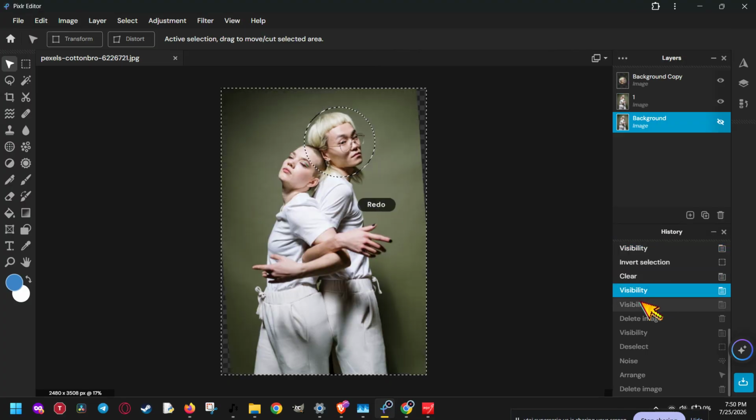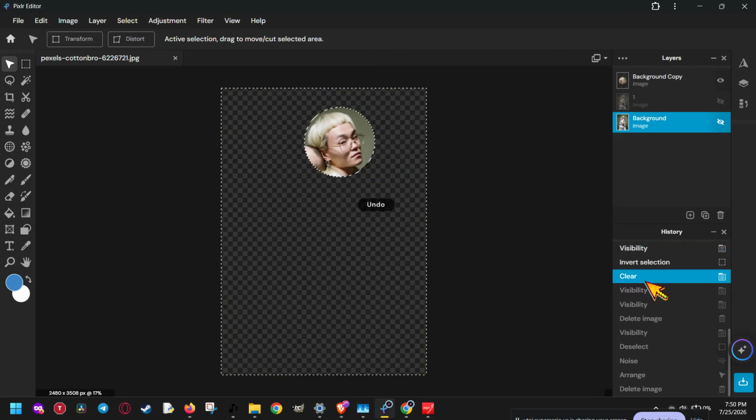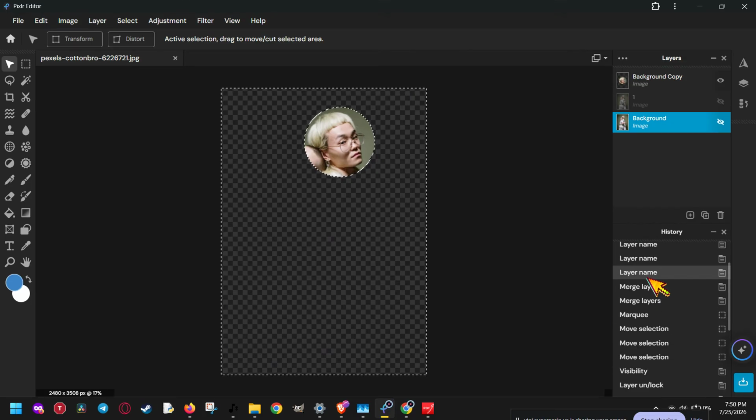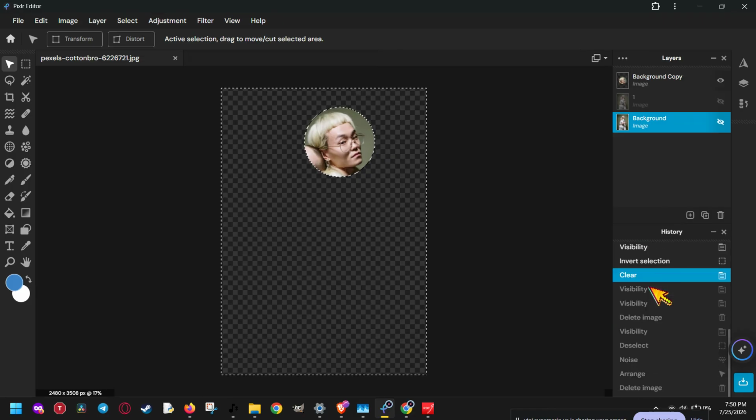So to quickly recap, use Ctrl+Y on Windows or Command+Y on Mac for the fastest redo option, or use the history panel in the bottom right to move through your edits manually. That's really all there is to it. Once you know these two methods, you can edit with much more confidence because you won't have to worry as